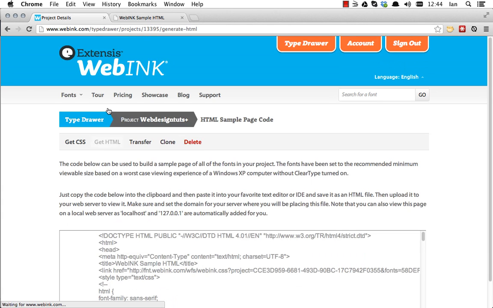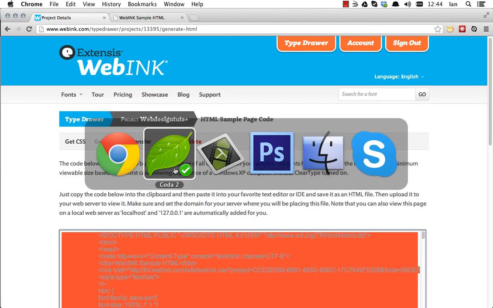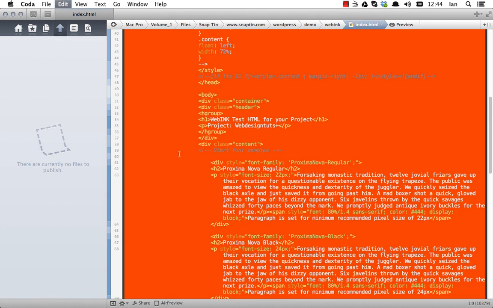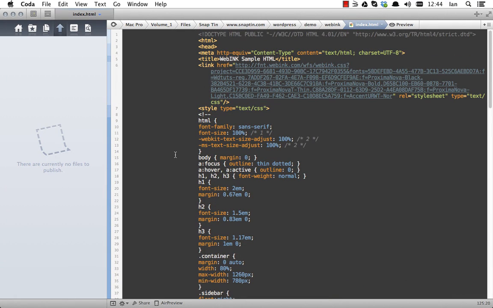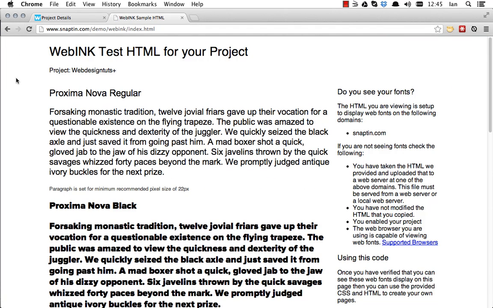So once again, I'll grab the HTML because that's going to alter the way in which the fonts are brought in. Paste that in, and you'll see that here that's actually referenced as WD Tuts Reg in the CSS that it's dragging in. So save that, publish it again, and if I go back and refresh the page,